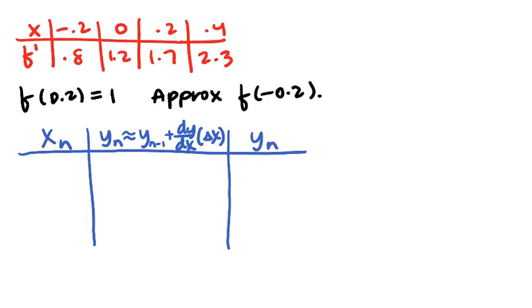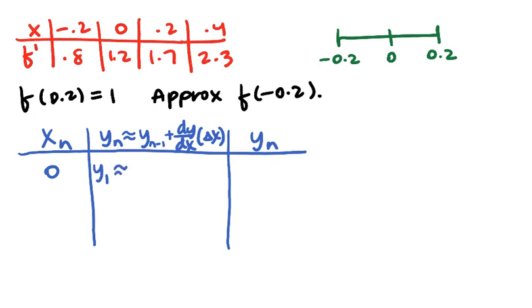So my first one is, if I'm trying to approximate f of negative 0.2 using 2 steps of equal size, I'm here, positive 0.2. I want to go to negative 0.2, and the middle will be 0. Okay. So the first one is going to be x equals 0. Okay. The next y,